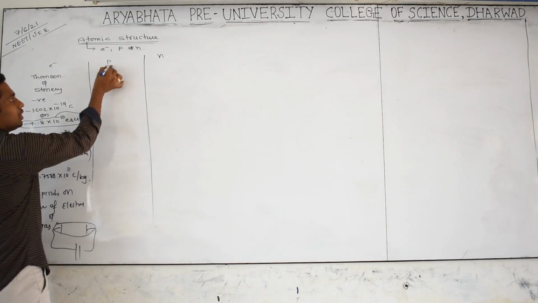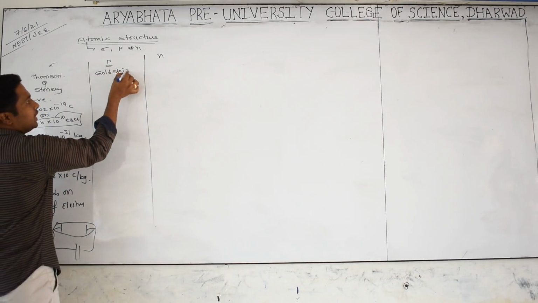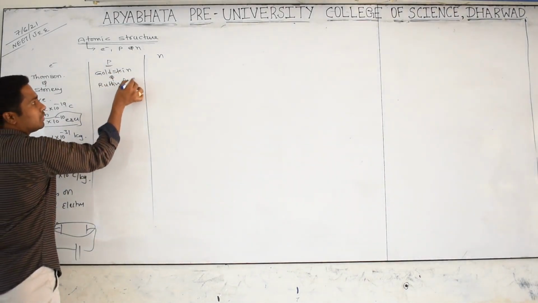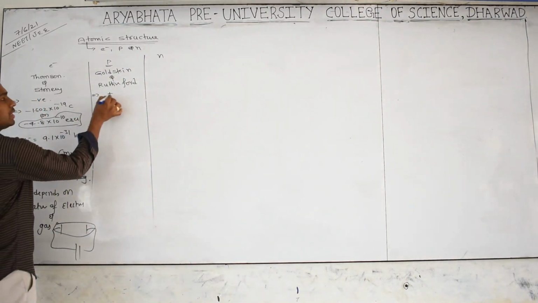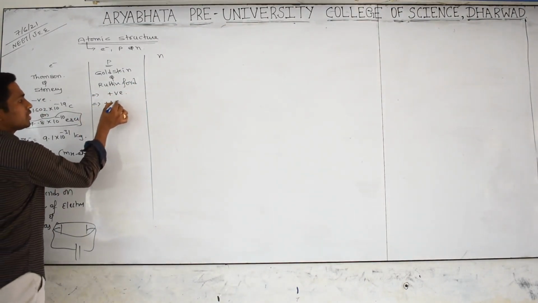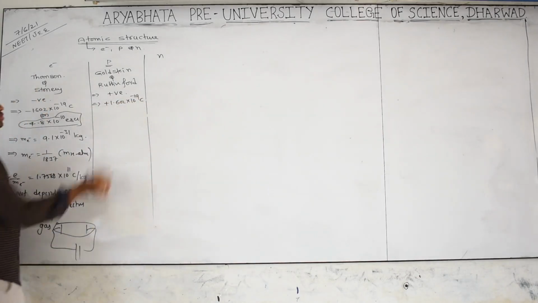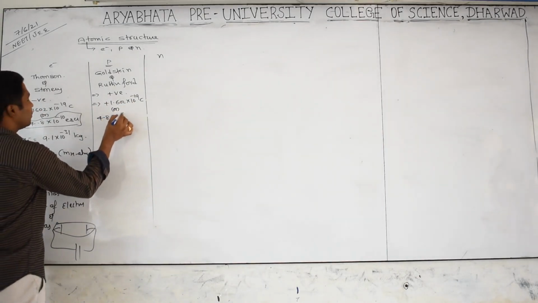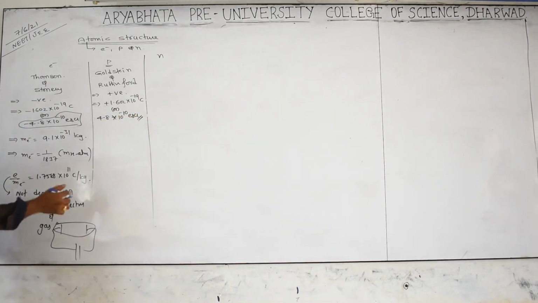Next is the proton. Who discovered it? Actually this was discovered by Goldstein. And who gave the name to this particle is Rutherford. What is the relative charge of this particle? Positively charged, with the same charge but opposite sign: 1.602 into 10 to the power of minus 19 coulombs, or 4.8 into 10 to the power of minus 10 ESU.